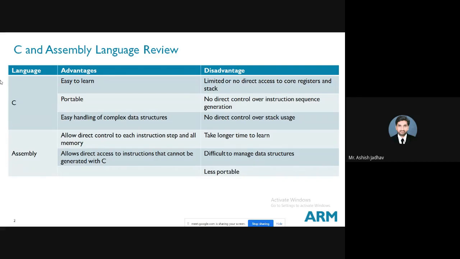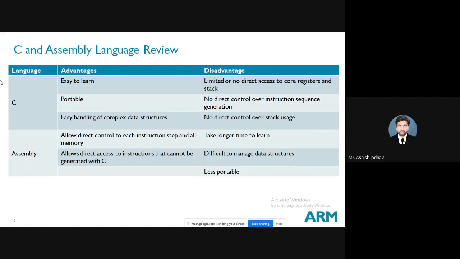With this Cortex M3, I'm saying very specifically that we can use a mixture of assembly and C program in a single file. So you can create an executable file which has a mixture of assembly and C, right? And Cortex M3 supports that. Cortex M3 you can program by using C language or assembly language or a mixture of both.